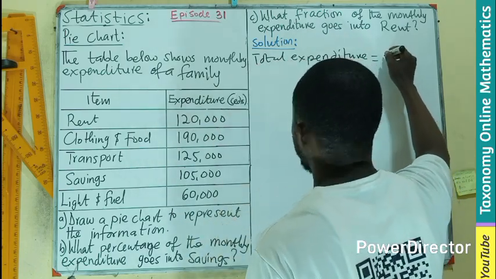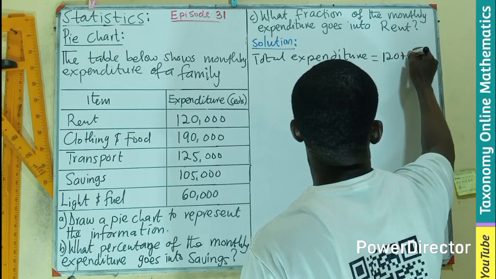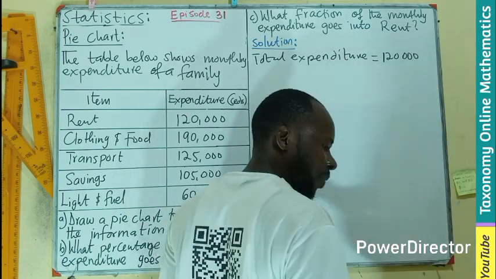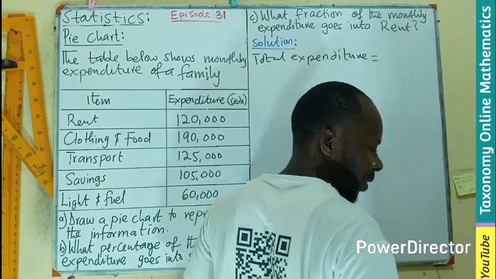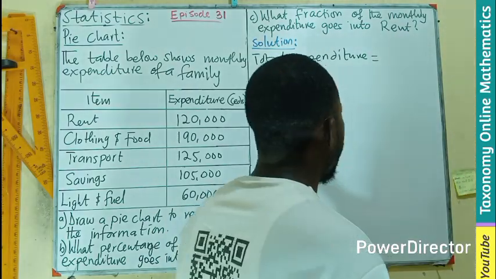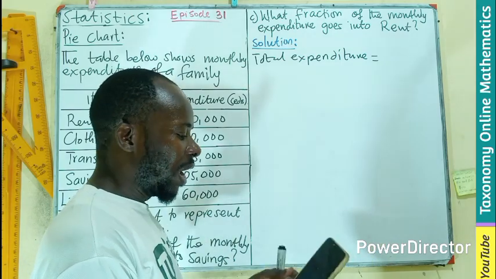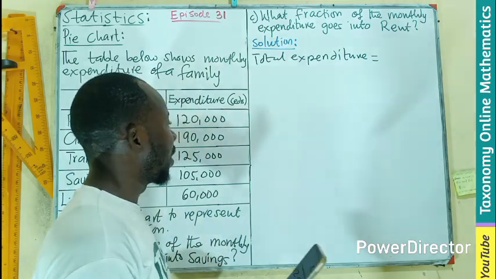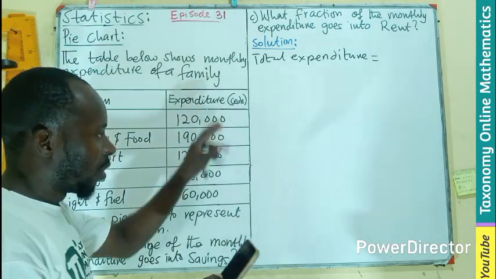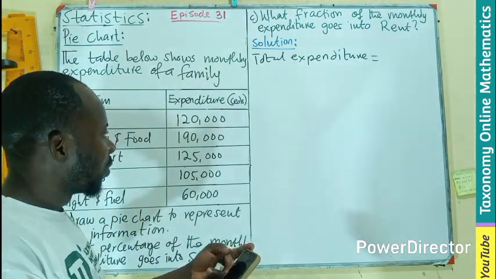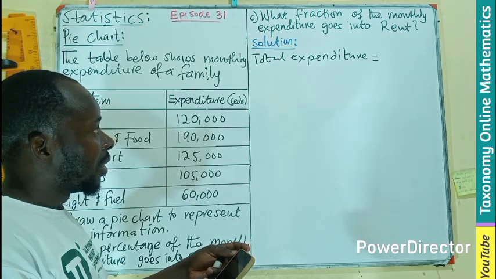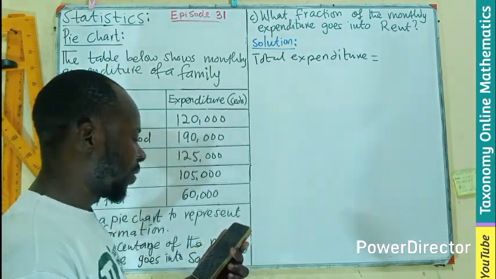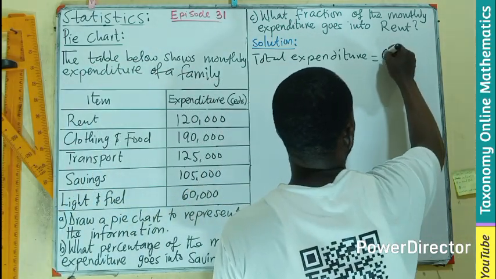So I can have 120,000. Because of space, I'll be adding all of them and put the answer in the bar. It is always right if you show the arithmetic addition that gives rise to your final answer, but because I would like to manage the space, I will not. If you add that, you should be having 600,000